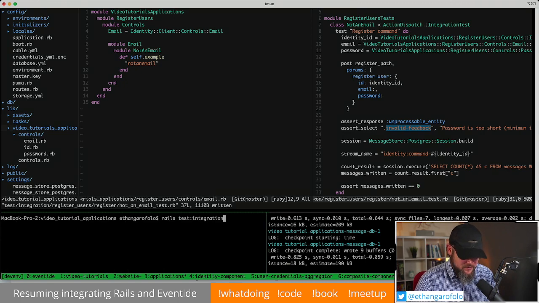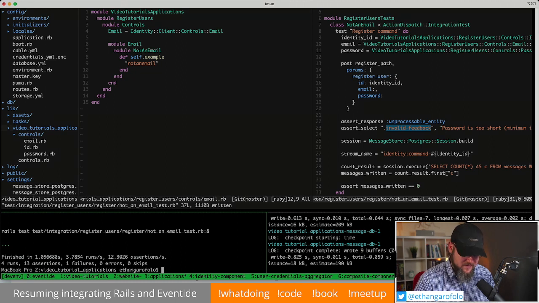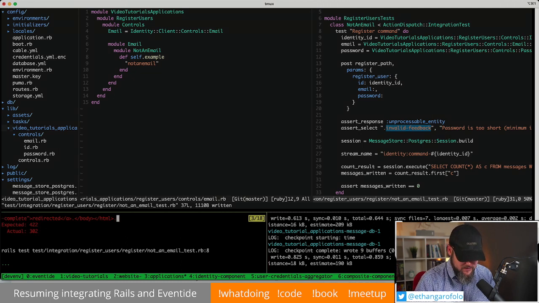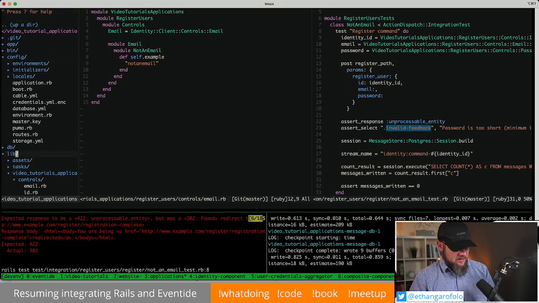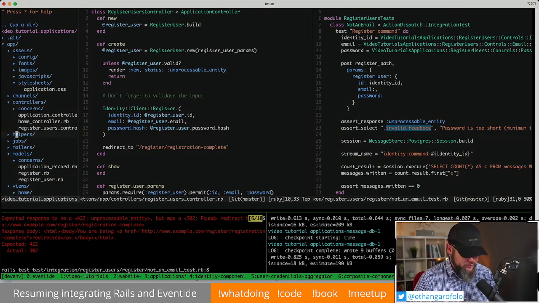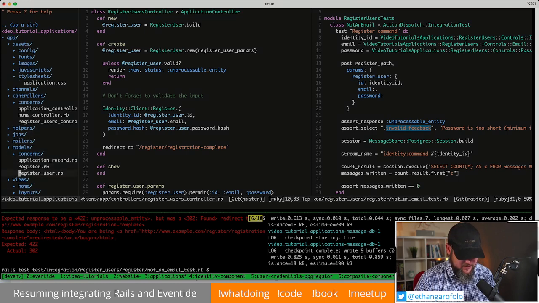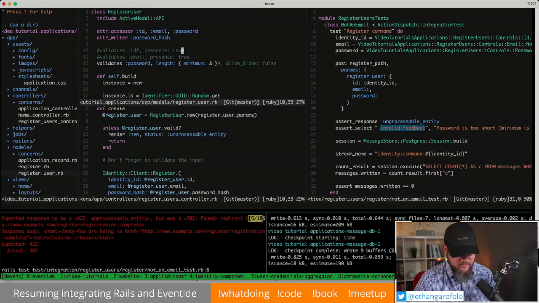So let's go ahead and run our tests. I think it will fail at the unprocessable entity part. Yep, because it accepted what we sent it, and that's incorrect. That's fine, because that's literally what we're doing right now. I would be more worried if it had passed. There we go. All right. So we are saying that